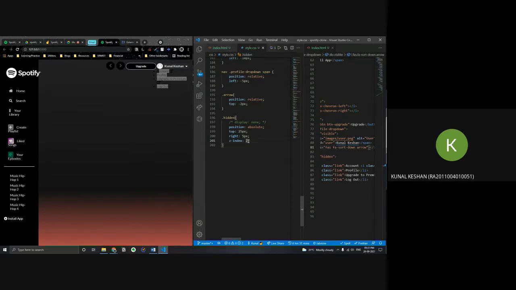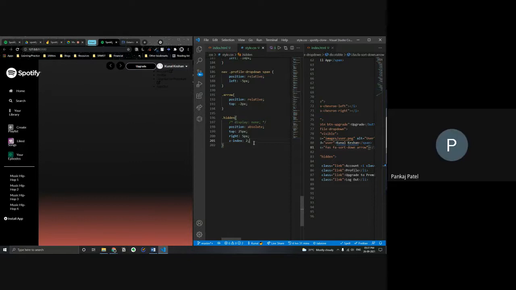So what z-index does is bring an element to the front by the value mentioned over here. It's a unitless value. So if there was another element over here with z-index 1, and I have this element with z-index 2, this will take more priority and will be displayed on top of the element with z-index 1. Do you get it?